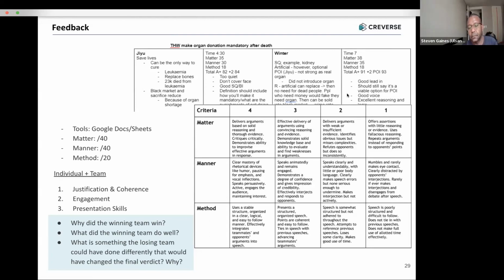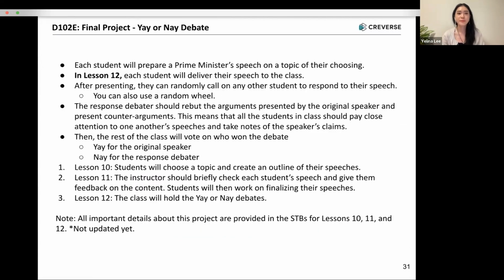Also, I would recommend giving individual feedback as well as team feedback. So as a team or as a whole, were they able to deliver their arguments in a very strong way? For the final project,